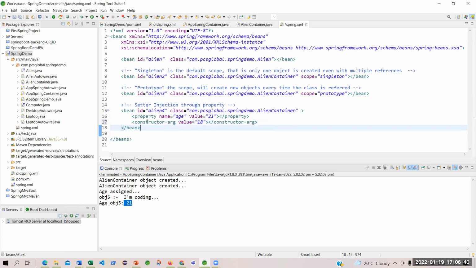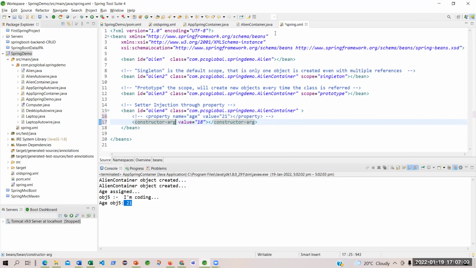And also I do not want to set the age through a property. I want to set the age through a constructor with an argument. So can you think of what the argument should be in the constructor? I will go to the align container, which is the entity, which is the class.